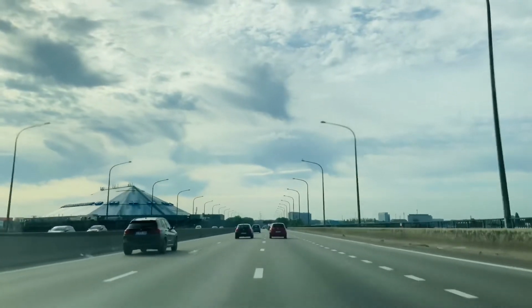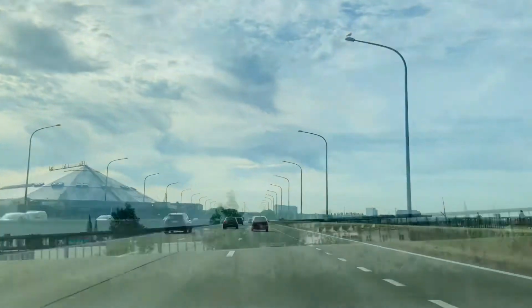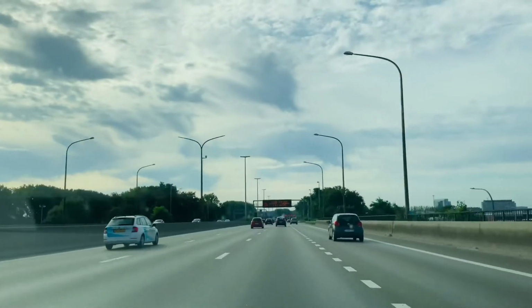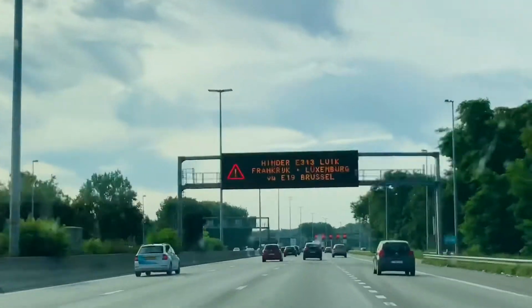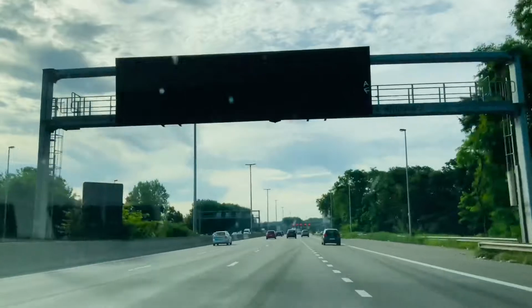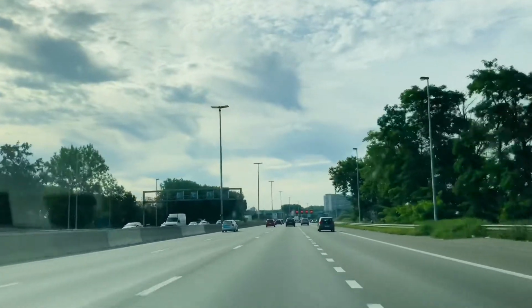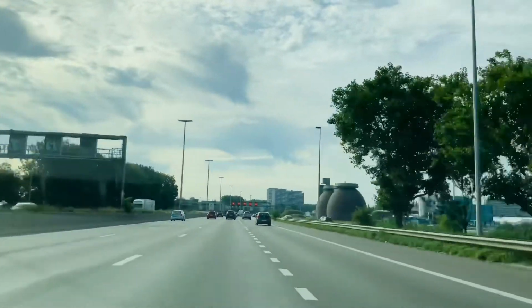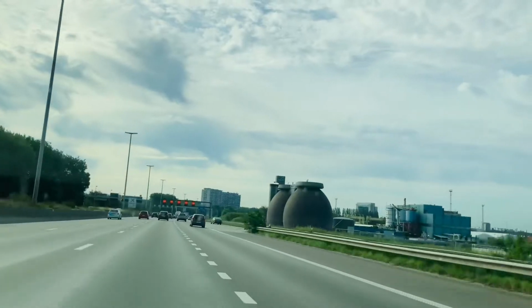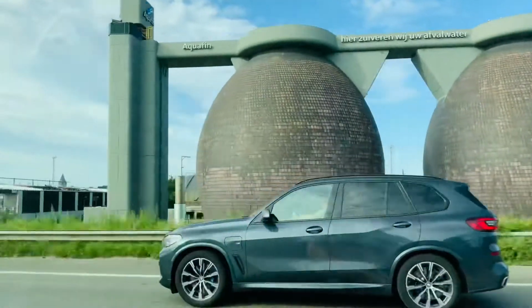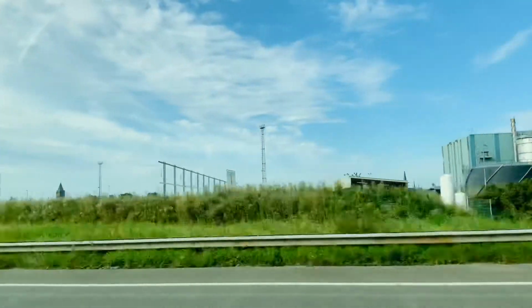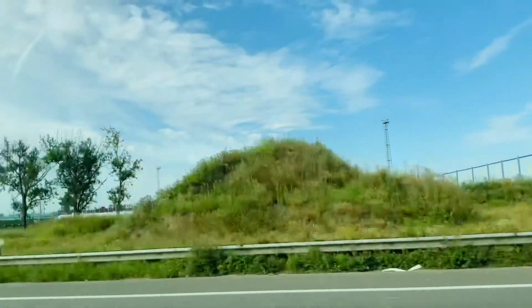But I will try to show the place on the other side. I hope it's clear. As you can see, buildings, houses. So this is Belgium.